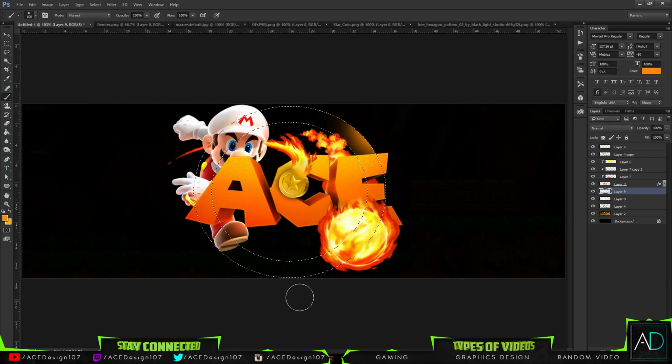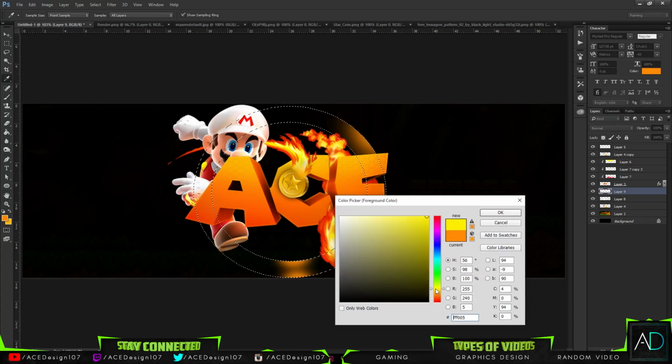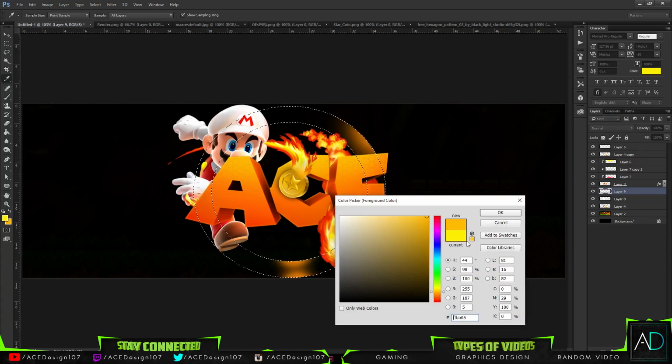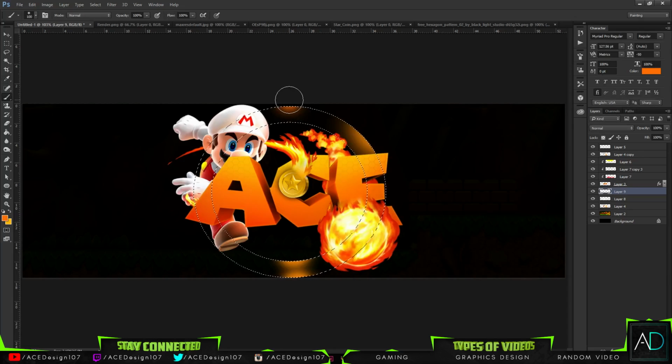And then we're going to do a second circle like this and do the exact same thing. Okay, so that is nearly done. It's just going to be a little bit different orange here. Okay, so now we have a circle like this going on. We are going to go to this layer and just